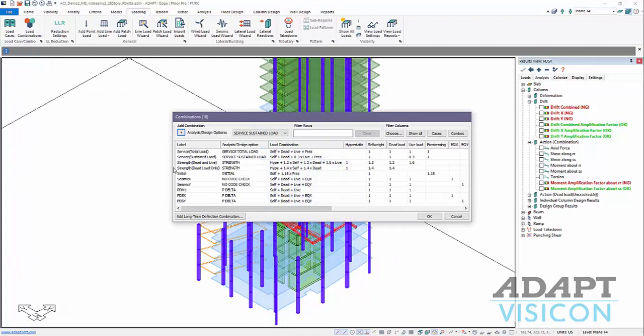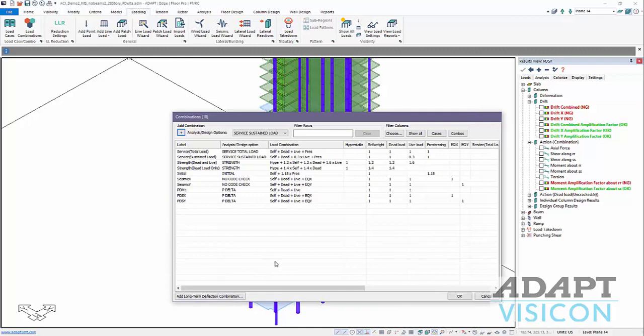Under load combinations, a user can now designate a combination as Pdelta. In this example, we have 3 Pdelta combinations listed here. There's a new analysis and design option type for Pdelta, and you can see that here in this pull-down list. The program will process Pdelta combinations either as a batch, when you have repeating combinations, load cases included in those